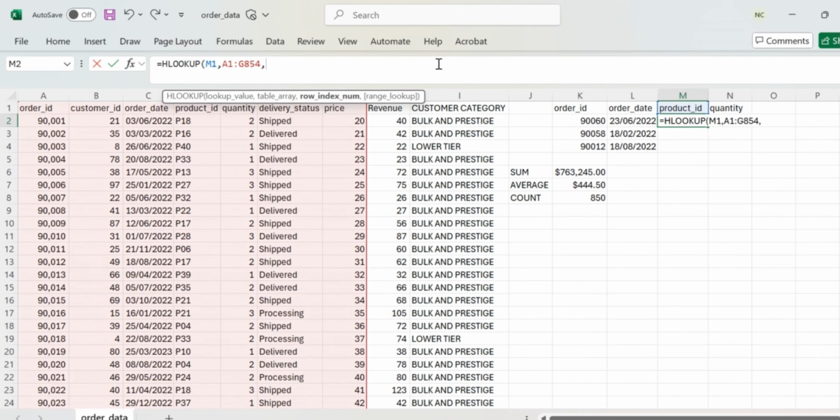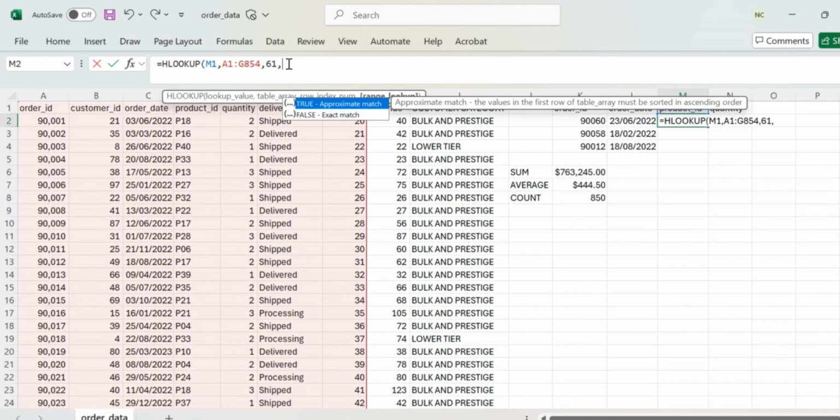In this case, you will need to know your row index number. In the case of 90060, the row index number is 61, because of course you have the title or the column header, and then you have values. So apparently 90060 will fall at 61,